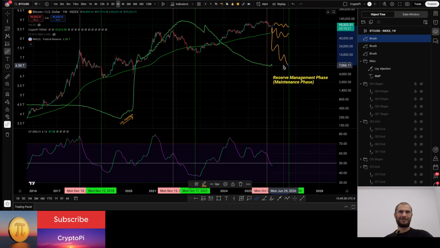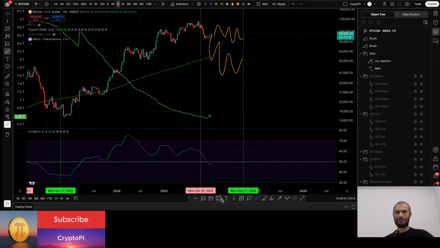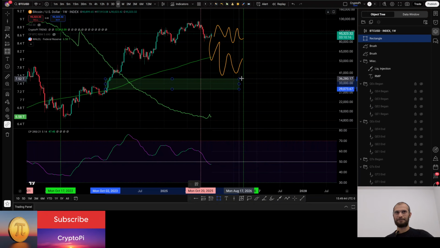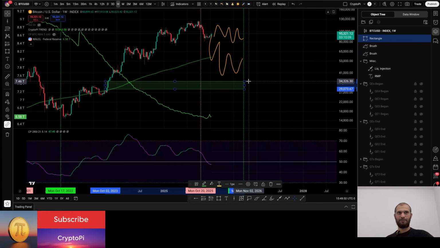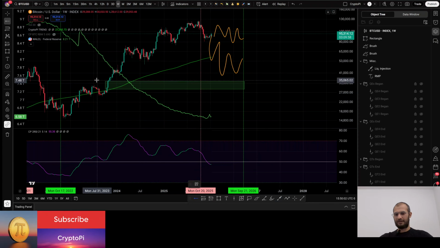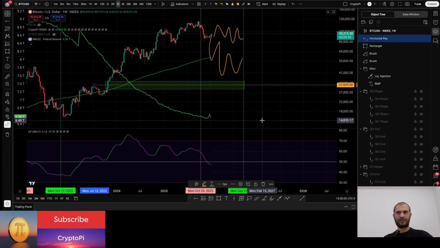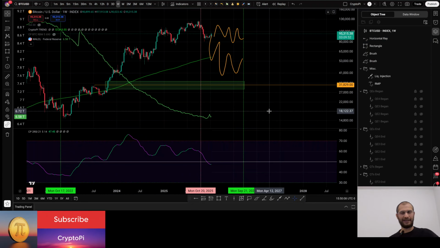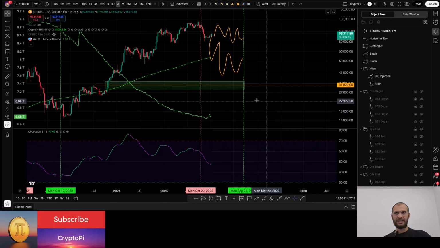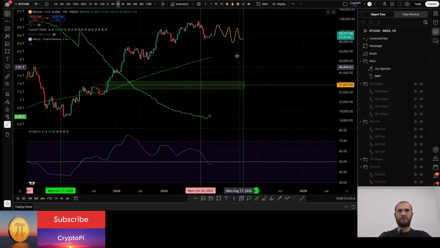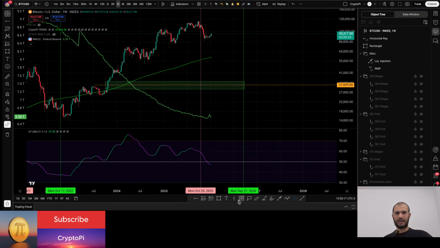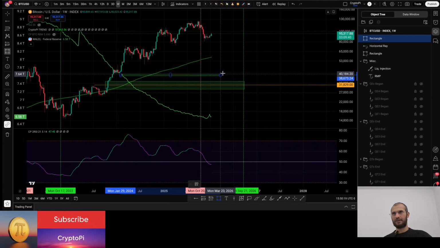Okay, probably it won't drop that much, but it could drop up until this fair value gap, which is approximately in the range of 29 to 35,000. This is still a pretty low estimate, and this would happen, I think, if there is a huge crash in the overall international markets or something goes pretty bad. But a reasonable estimate for Bitcoin price to go down would be up until this particular order block.